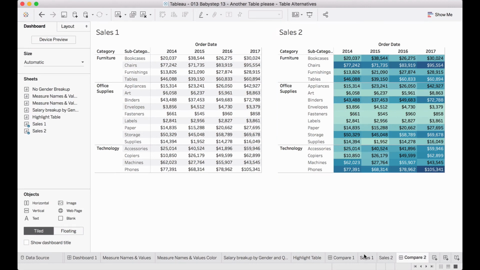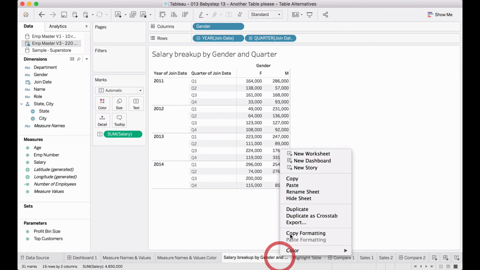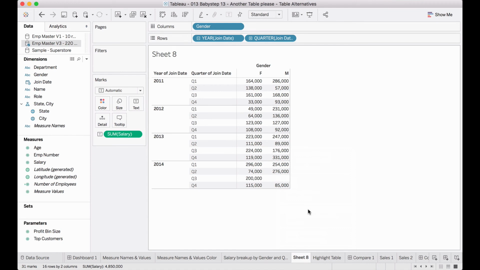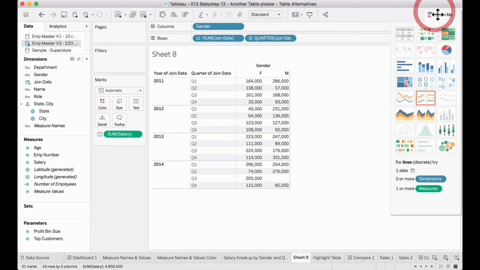If I start off with my original report, let me just make a duplicate of this. So here is the report that I start off with. How do I convert this into a table, a highlight table? There are a number of ways. The simplest way is to actually use this